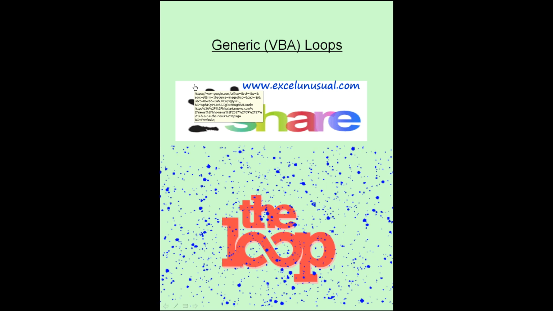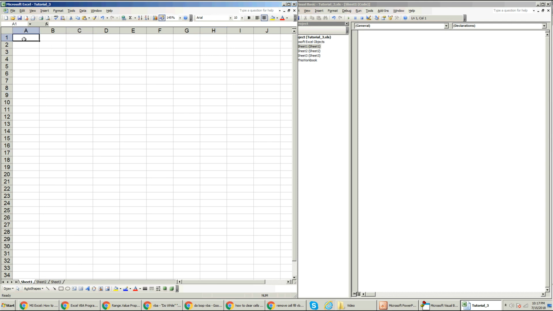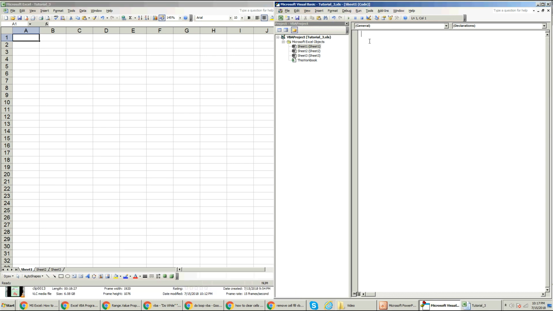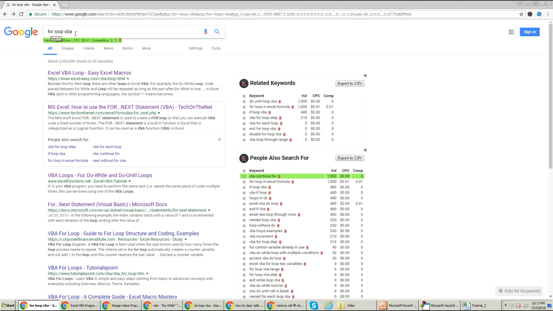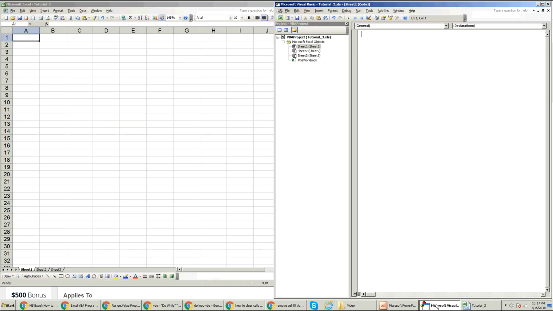So let's close this presentation and open a new sheet. Here is a brand new Excel workbook, and this is the Visual Basic editor. So let's Google for loop in VBA and copy the syntax here. Copy, go here in the editor, start a new sub. Let's say sub for loop example,